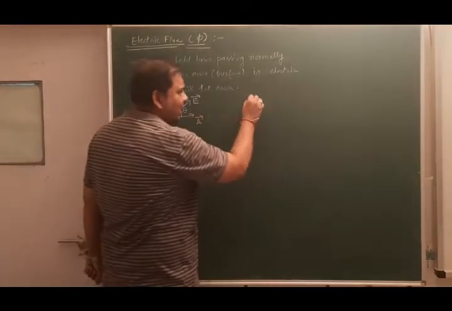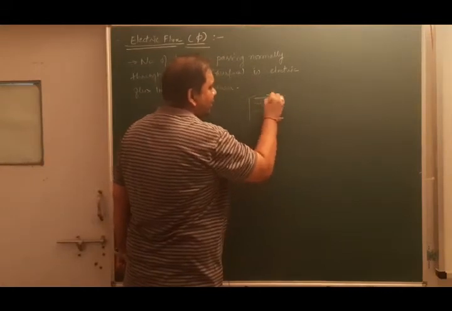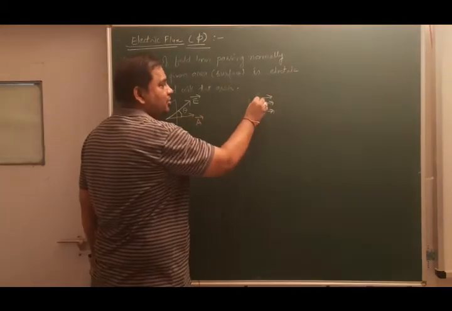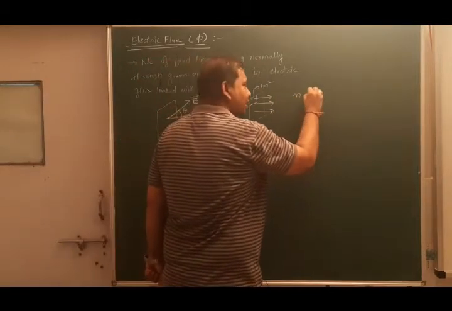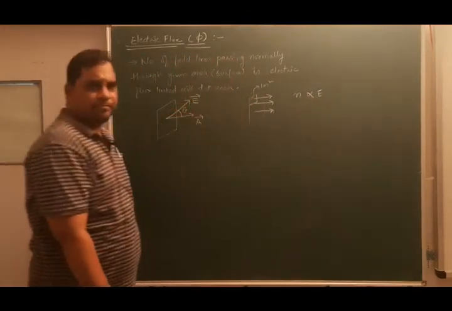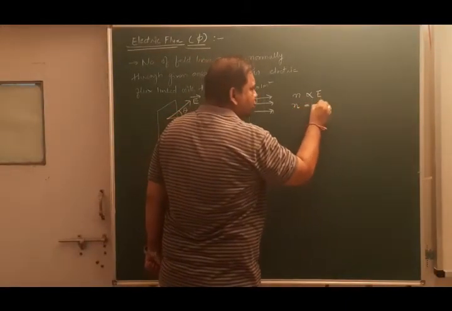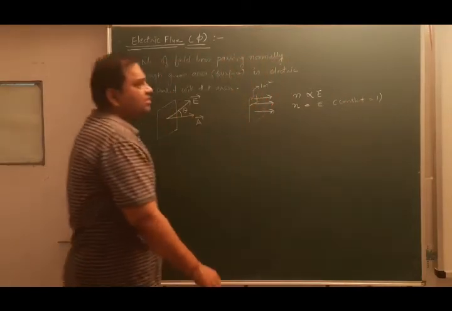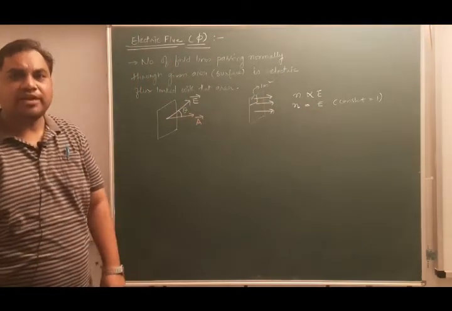We have already discussed that suppose you have an area and there is an electric field line over here, then the number of electric field lines passing through unit area, suppose this unit area is 1 meter square. So the number of electric field lines passing through unit area is proportional to the intensity of the electric field. So the number of field lines passing through unit area is equal to some constant into E, and over there I will consider my constant as, say, unity. So the number of field lines that are passing through unit area will be exactly equal to E.